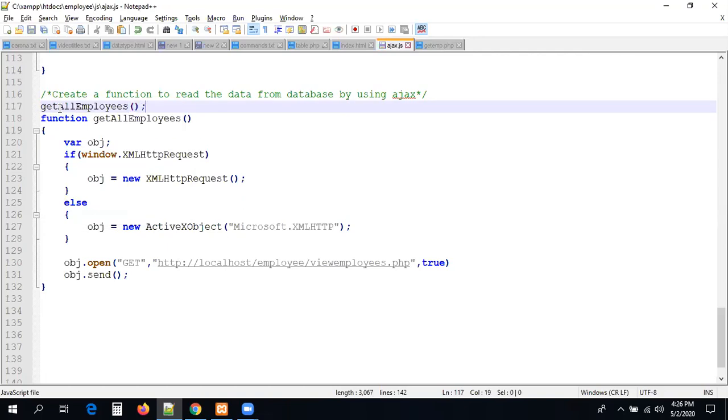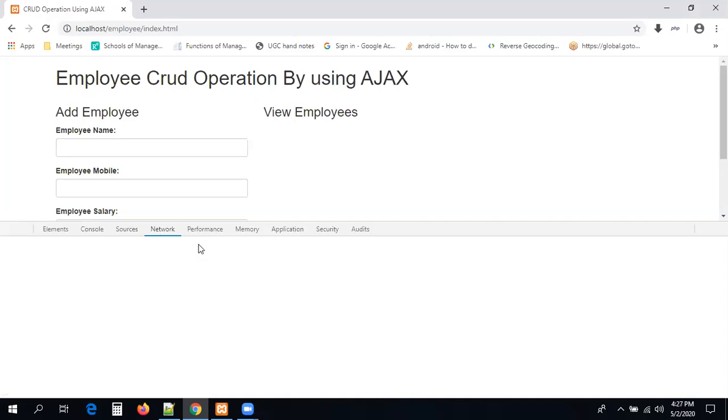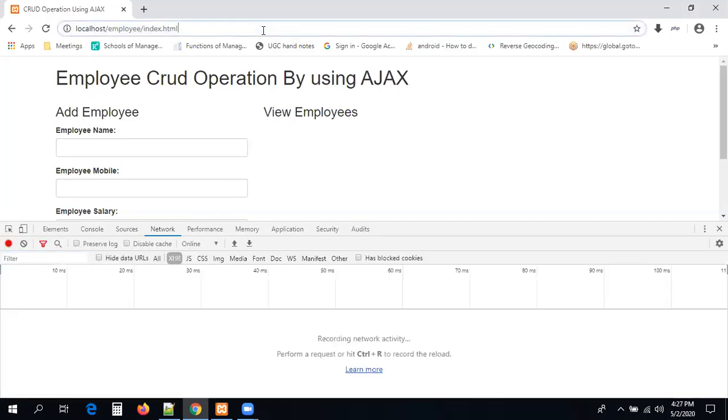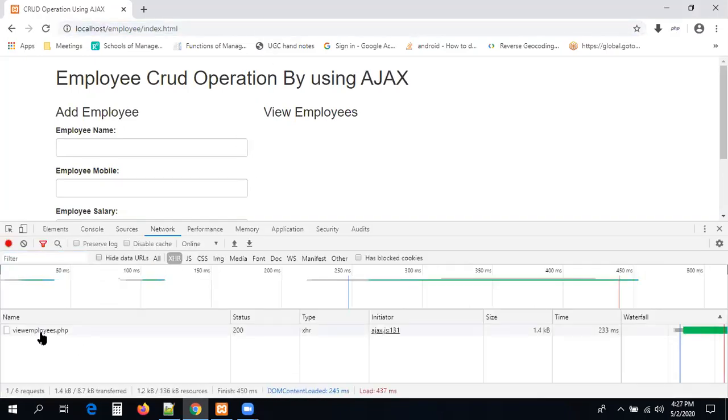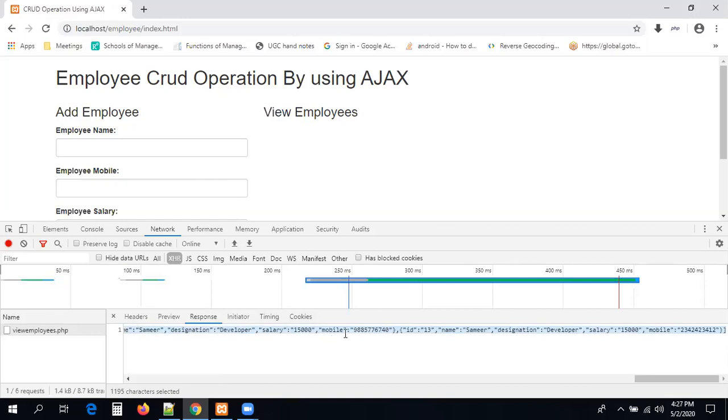Let me check whether the service call is going to the server or not. Press F12 and refresh the page. You can see the request went when the page was reloaded. Click on it. So it went to the server, and I already prepared the file on the server to get the data from the database, guys.